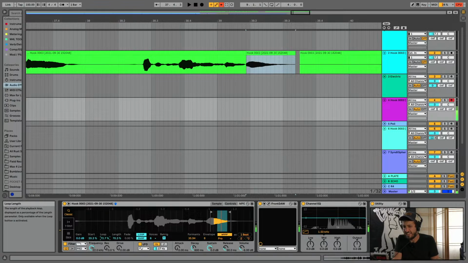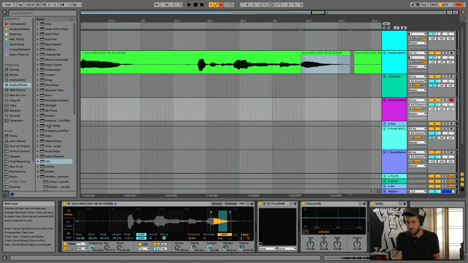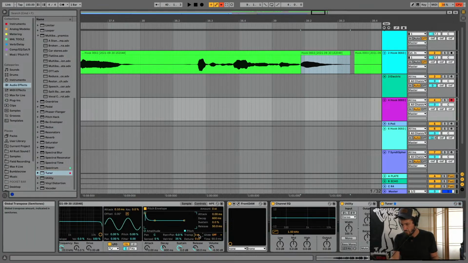So, okay, the most important thing when you're doing this though is you got to make sure your thing's in tune. So we're gonna get our tuner out, and I'm playing a B flat note, and it's spitting out something that's a little sharp from B. So we're gonna go down one semitone. There we go. I know this vocal is in tune.